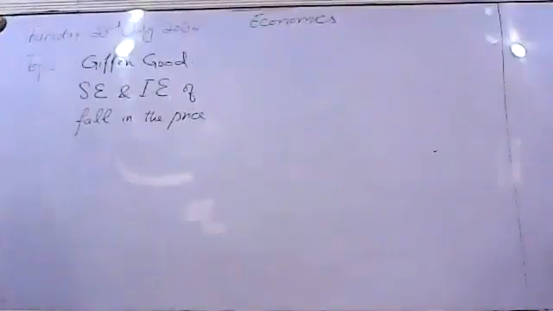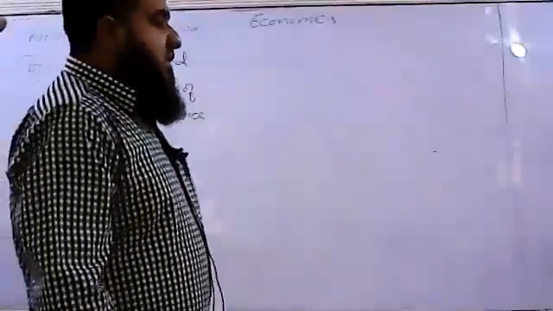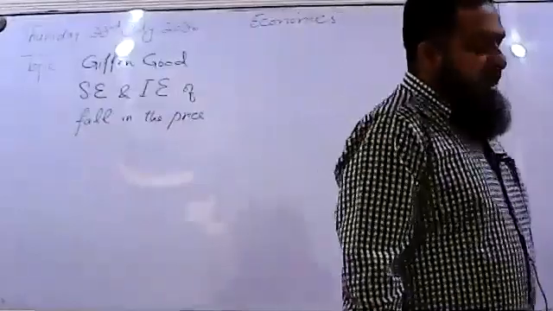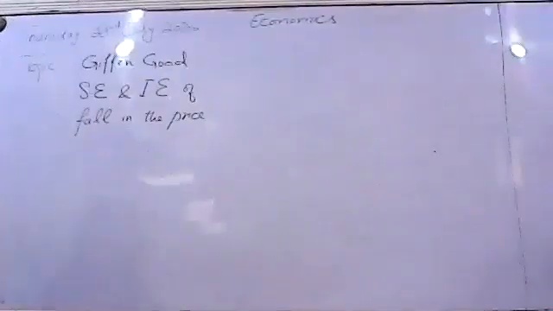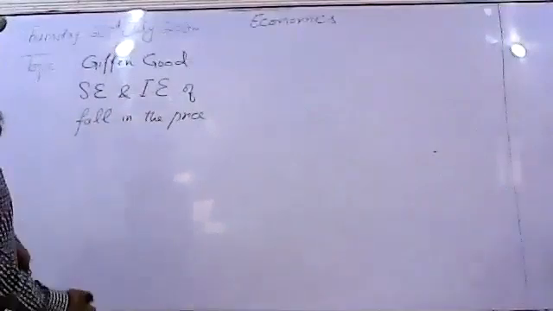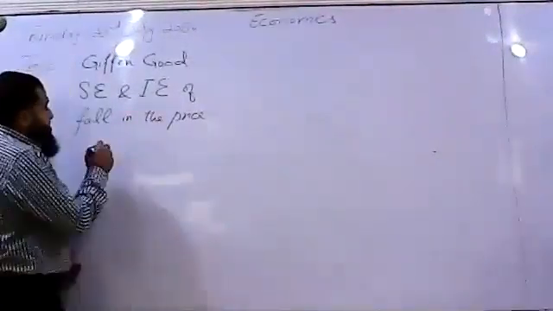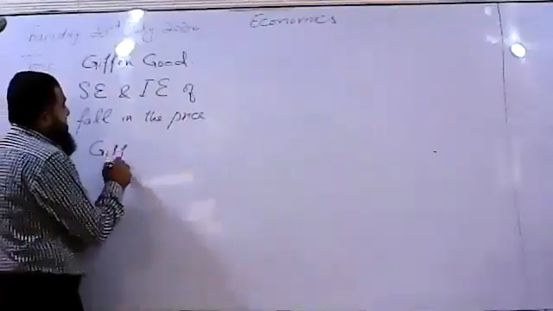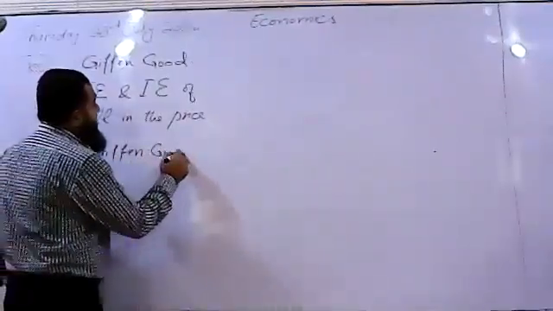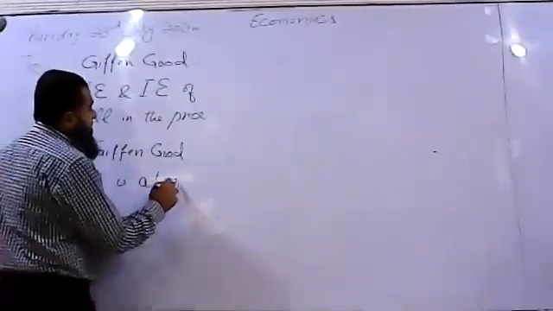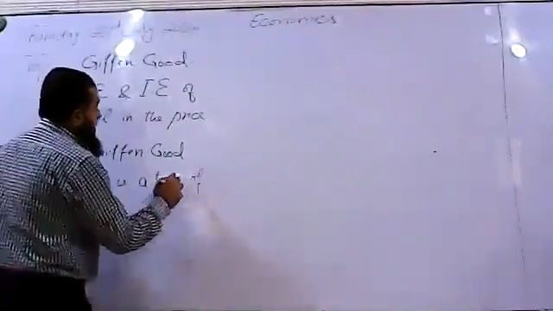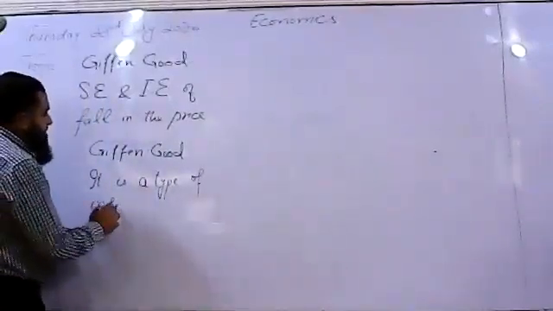The income effect will become negative. So income effect: when the price of the commodity decreases, the real income of the consumer will increase, and due to the increase in the real income, when the consumer decides to consume less of that commodity, we say this is called an inferior good. So here Giffen good is a type of inferior good, or we say it is also an inferior good,